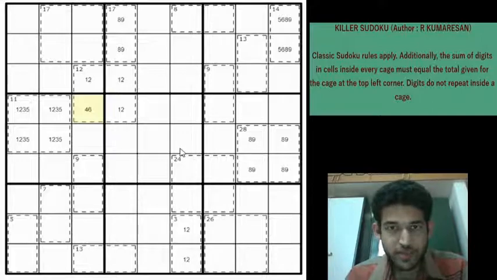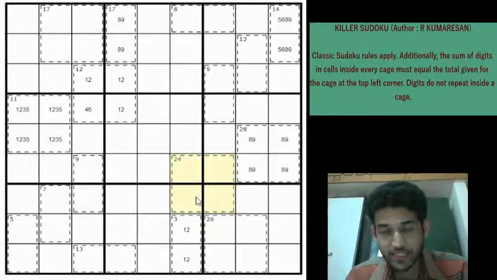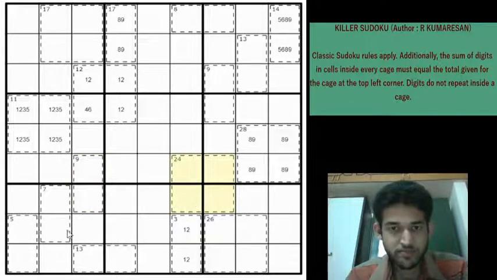Now we'll look for some other cages. The 9 has lots of possibilities. Let's leave it for now. And a 24 cage with 4 cells again has lots of possibilities. So there is a 5 cell cage, right? It can only be 1, 4 or 2, 3. Only 2 possibilities. And now if you look at the 7 cage, we'll get some information.